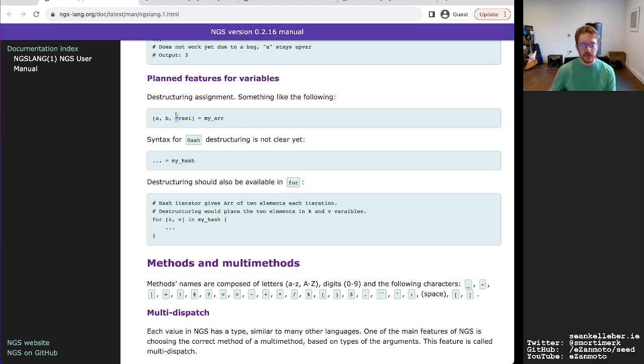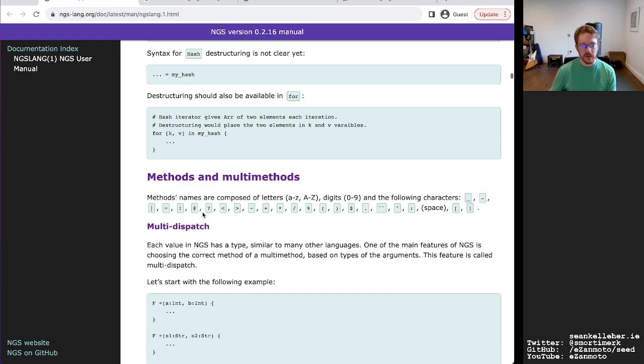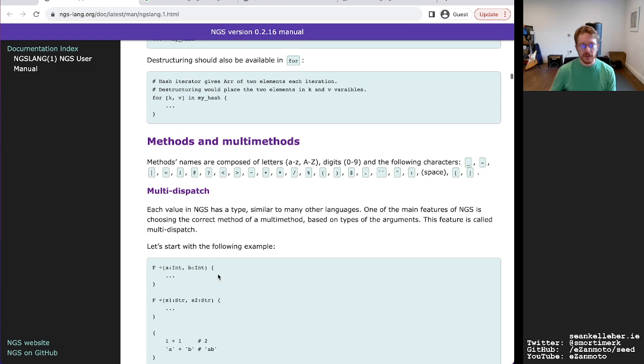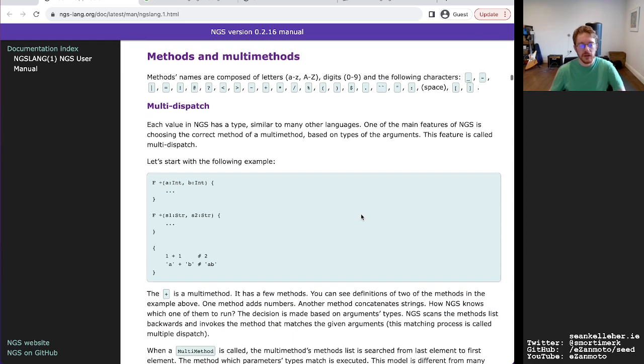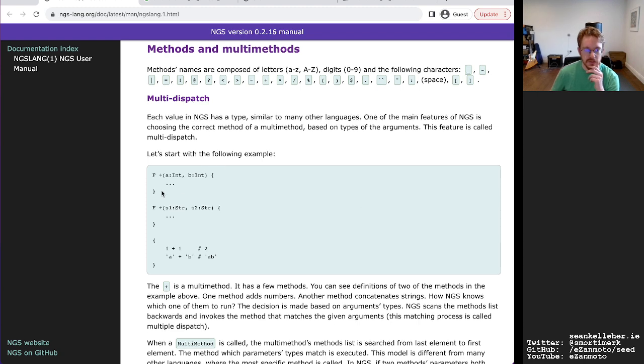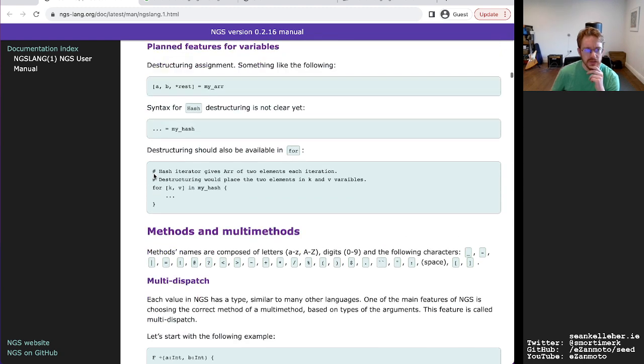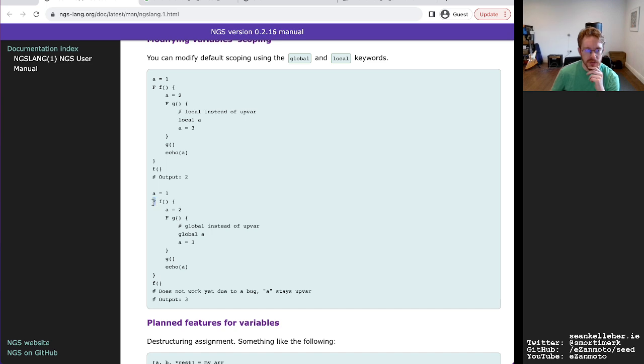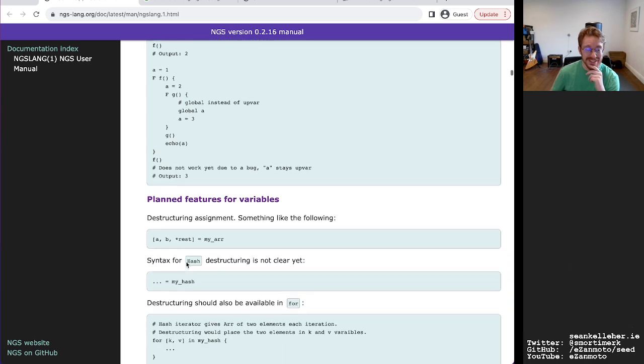Destructuring assignments. So that's, I think, what Python uses for gathering the rest? Whereas I use ... That's the only difference there, I think. Methods and multi-methods. So method names have those. Okay, so lots of symbols are allowed in method names. Okay, and multi-dispatch. So I think methods in general are defined with a capital F, which is an interesting syntax.